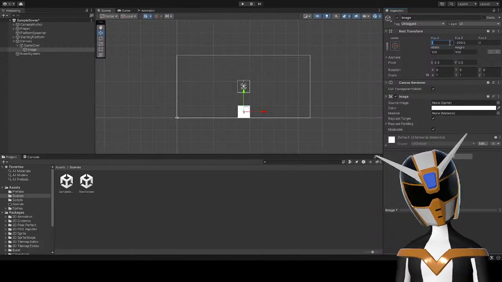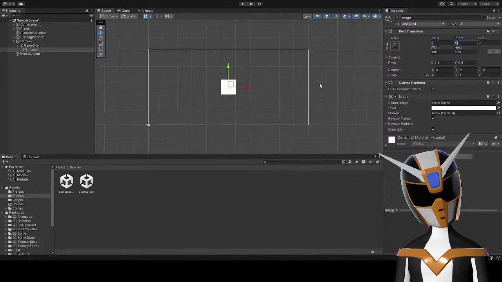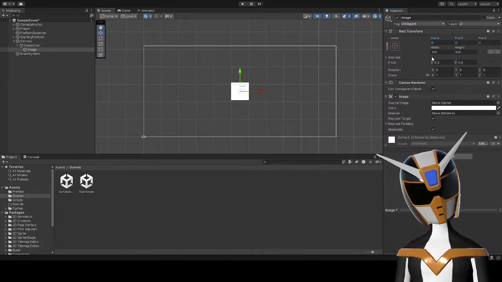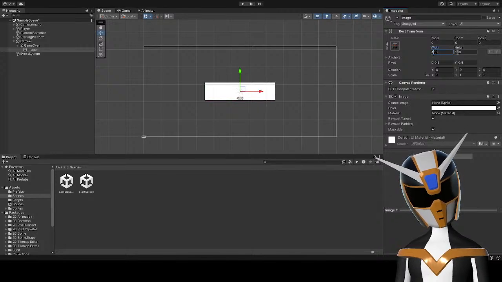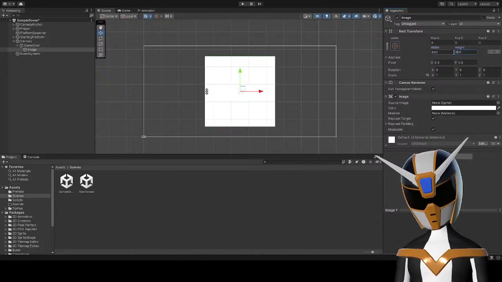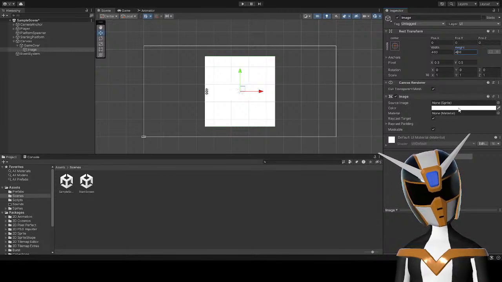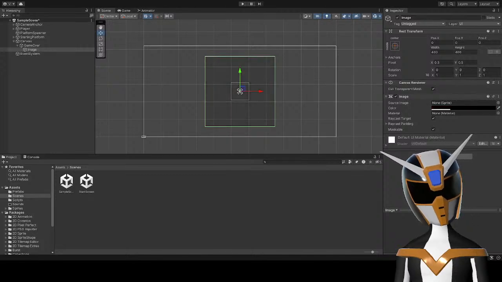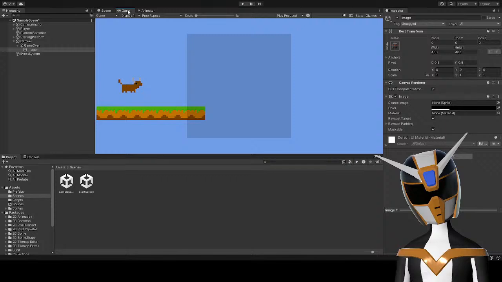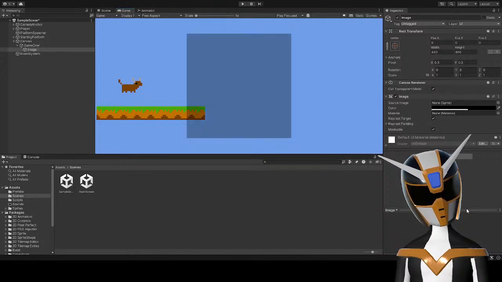Reset the position of this. Make it a little bit wider, wider than that, and a little bit taller. Sure. I want to make it black and then decrease the alpha. Not quite like that. A little bit less.